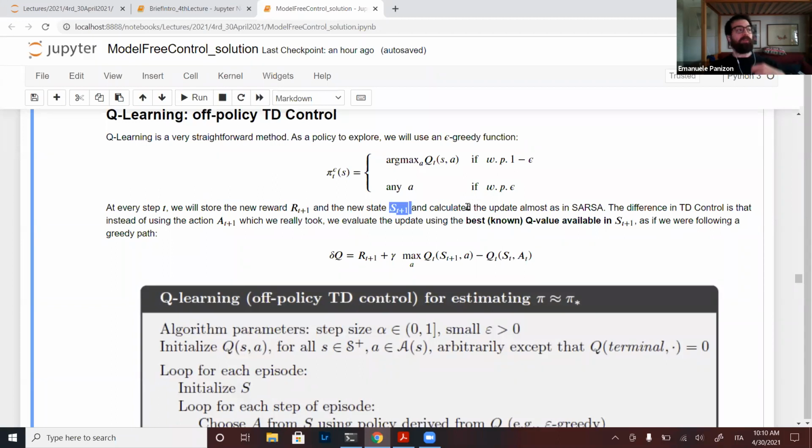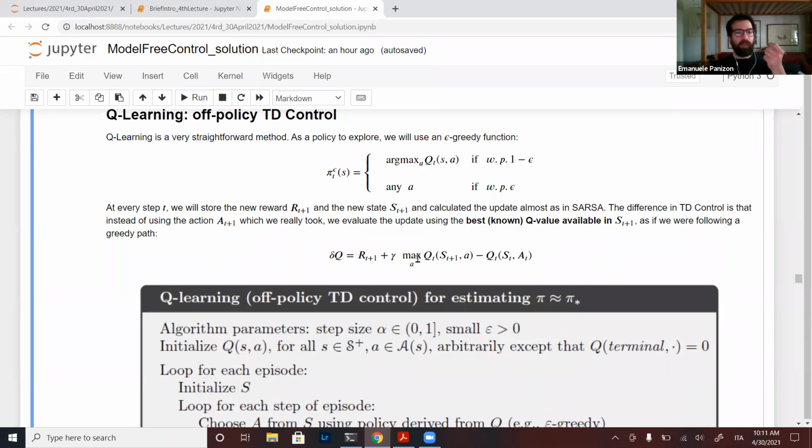Then we do not need to take the new action, because what Q-learning does is that the new value of the Q value, which it uses for the TD error, is computed using virtually the best action available for that state.